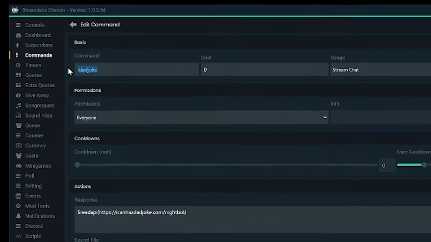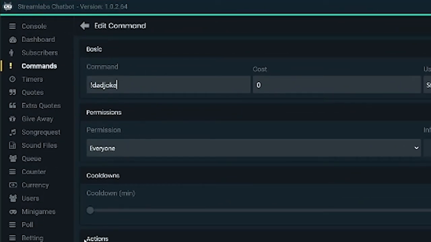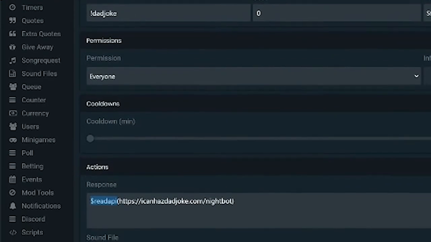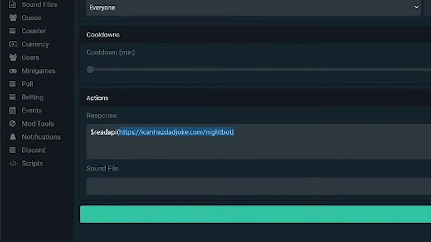Next, we will do a command that pulls a random dad joke off the internet, because why not? There are also ones for cat and dog facts, trivia, etc. This code indicates that it will pull a random joke from this website. In action,